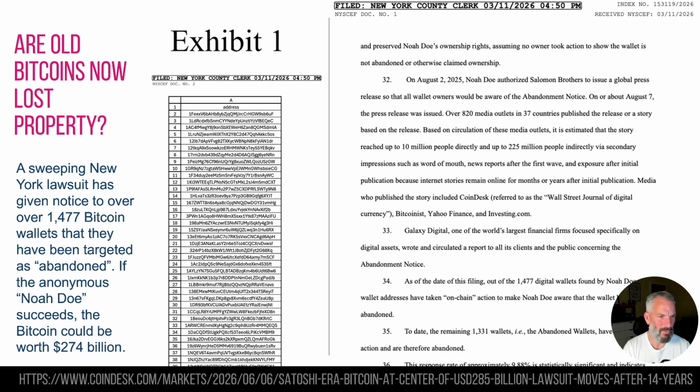And they've actually found 1,477 Bitcoin wallets containing something like 39,000 Bitcoin addresses. You can see some of them here that have not been accessed in all that time. So what they've done is they've said, right, we've marked each one of these as being abandoned. So therefore what we're going to do is we're going to claim them. We're going to then put this special piece of code within each one of the wallets that will then alert the wallet owner to then say, hey, you've now got 90 days to claim yours as being active.